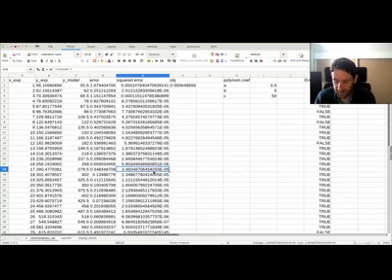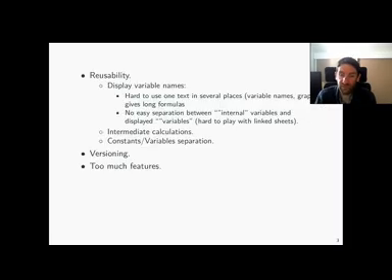So what I mean by too many features is just to say that when the software is very easy to access, very user-friendly, you have a feeling that you are very efficient, but at the end, in the long run, maybe you could spend a lot of time because you just forgot to update one picture or a data set.